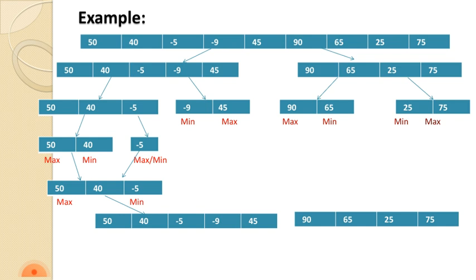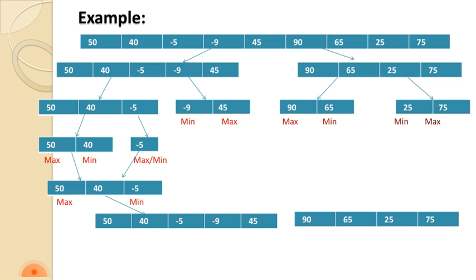So now we have to combine all the elements of the left part. We have to start merging our second subpart. So we have to merge both the parts to compare the maximum number of this part to the maximum number of these part, and the minimum number we can compare with.